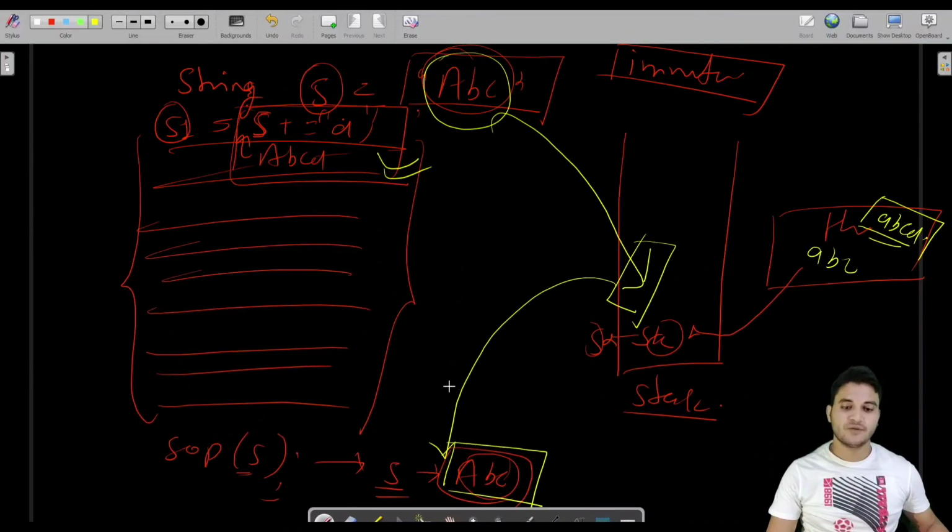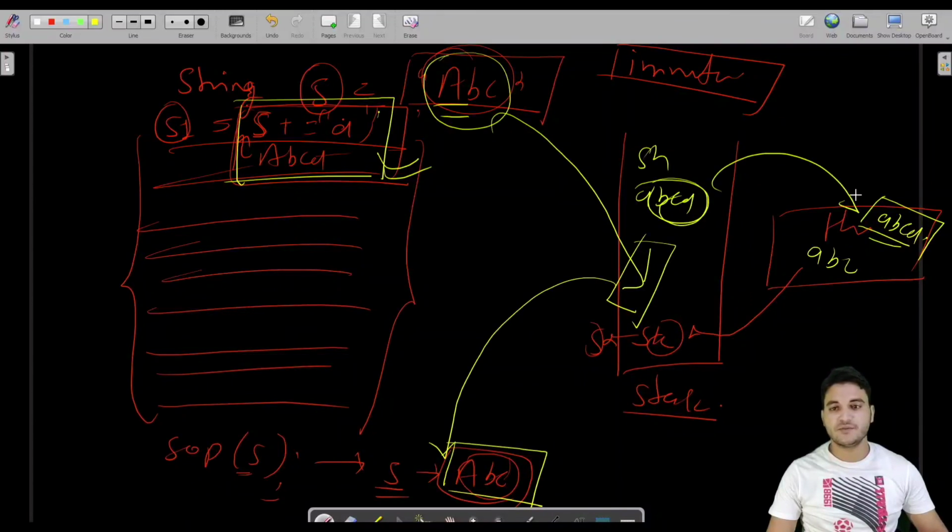If I have declared abc for a purpose, then at the end I'm expecting abc. If this developer makes any changes to that abc, another abcd would be created. Here it would be only a reference, and this abcd would be present in the heap also. So this is about the memory management of the heap and stack. But there would be another string created over the stack, and abc will not be modified. So this is one benefit of using string, and there are lots of benefits I cannot cover in one video. If you want a dedicated video on that, I can do that also.